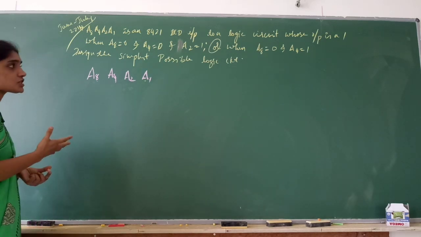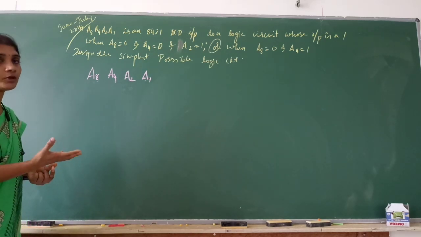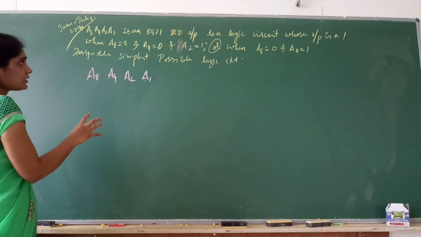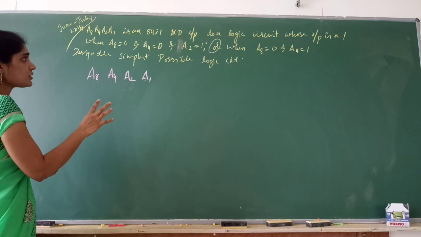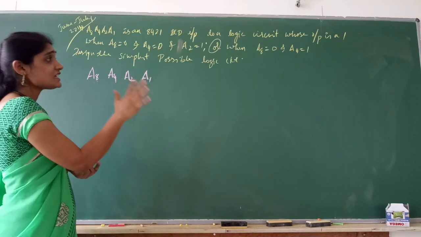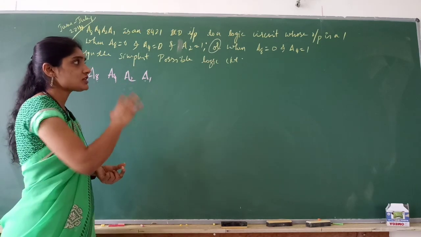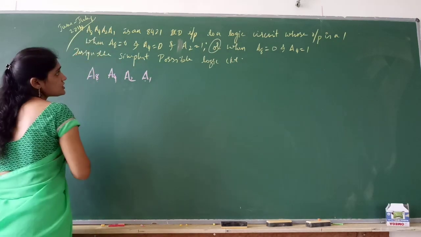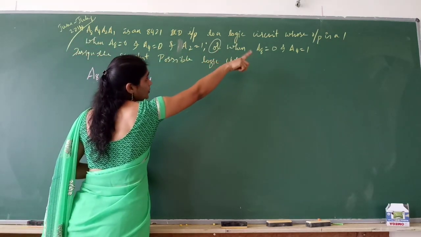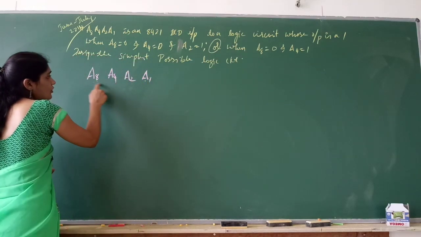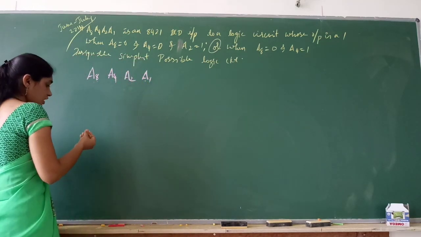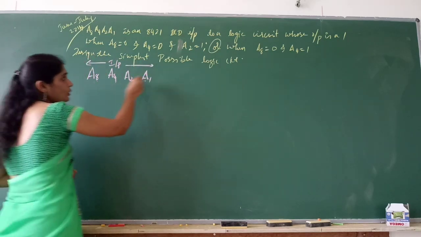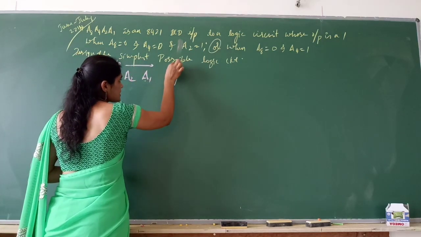For that simplification, the method we use is K-map, Karnaugh map, right? So now first you have to understand the problem. Yes, we have understood the problem. Then the next step is to decide how many inputs there are for the circuit and how many outputs. It is clear that there are 4 inputs and only one output. So 4 inputs, A8, A4, A2, A1. So these are inputs. And how many outputs? Output is only 1, let us take it as Y.